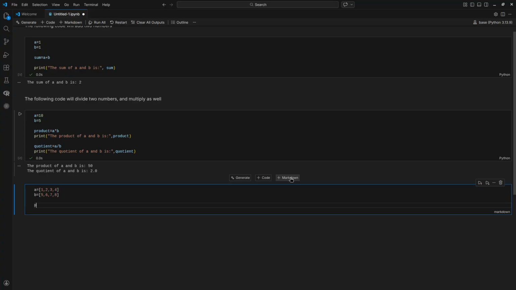So now when we add sum A plus B, print the sum of A and B is,